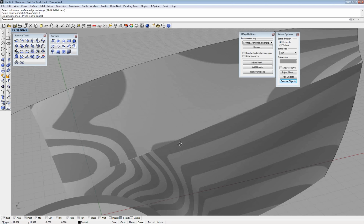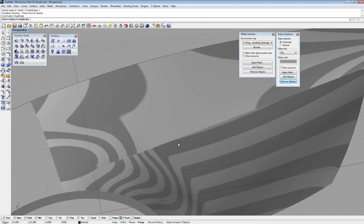So I'm going to start by dupe edge, select one of these edges, either one will do, enter, and then I'm going to run the command offset curve on surface, offset curve on SRF. And let me wait for your screens to catch up here. And I click on the base surface. It gives me arrows for the direction that it's going to offset. And there's a numeric value we can pick, whatever we want, and that's a little too big, so I'm going to do it again. Type 0.3,